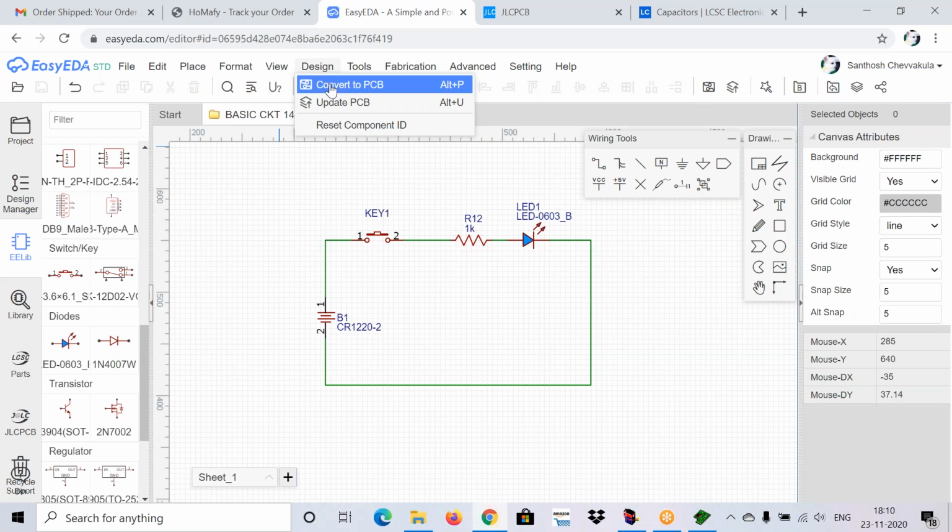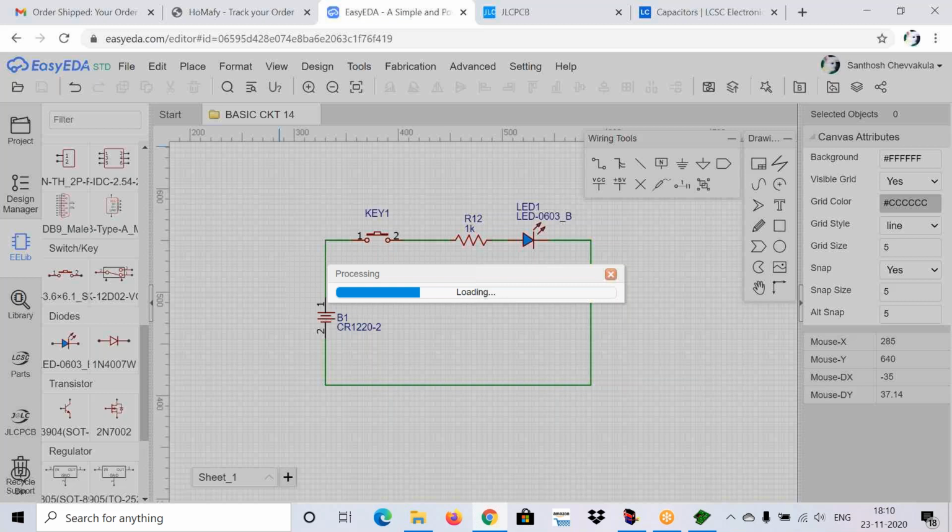Now first of all, it will ask you. Mr. Pawan Kalyan, after giving connections, just click on Control plus S. After giving all the connections, I will do it again.